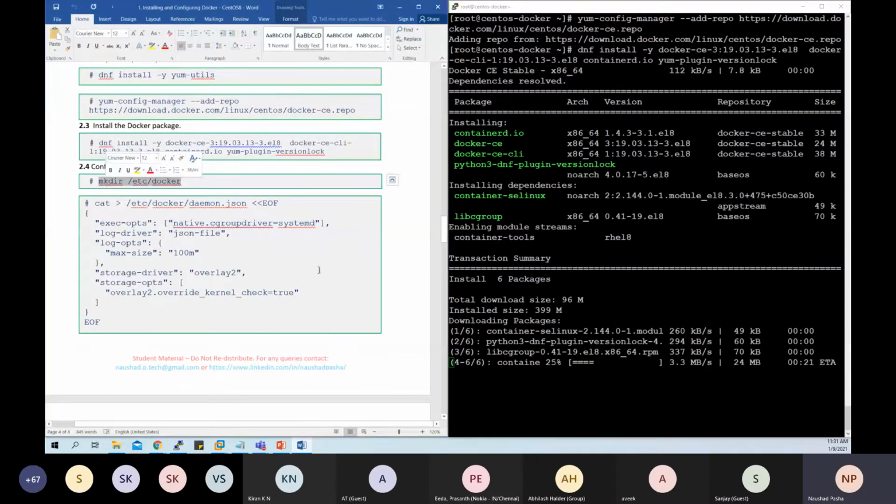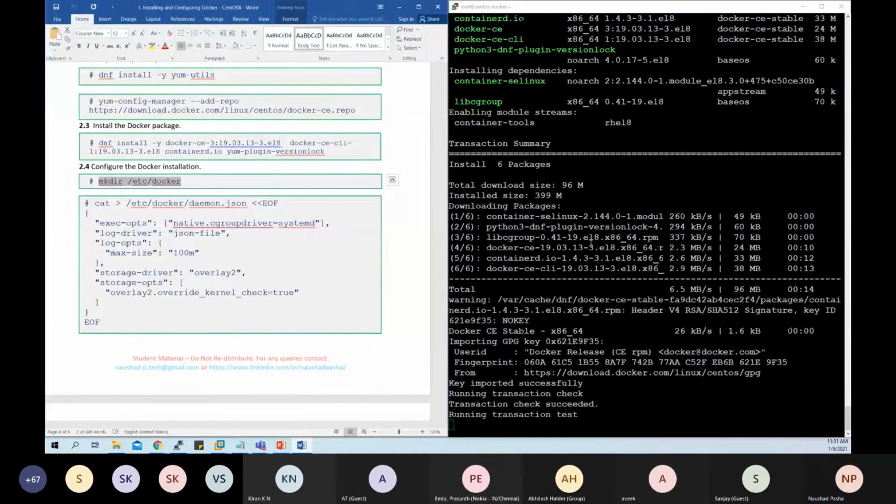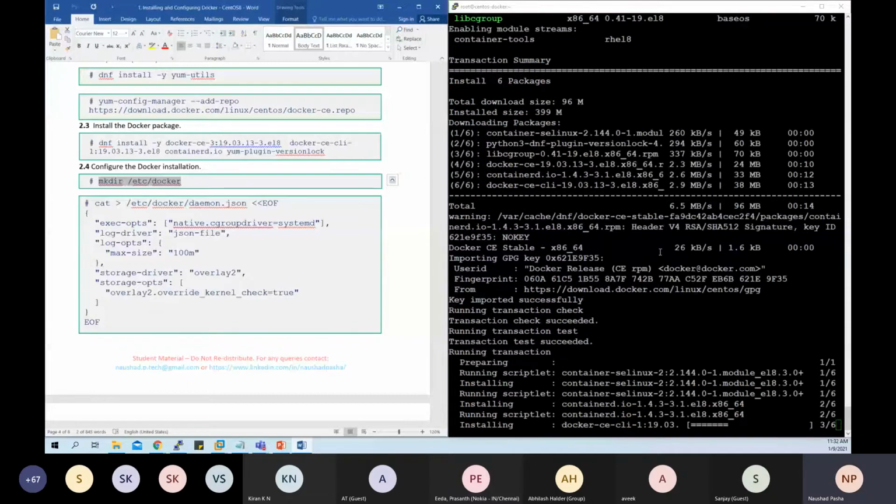And we will have to make a configuration directory because we want to override some default behavior of Docker. It's taking a bit of time.